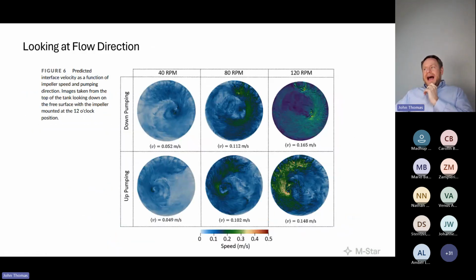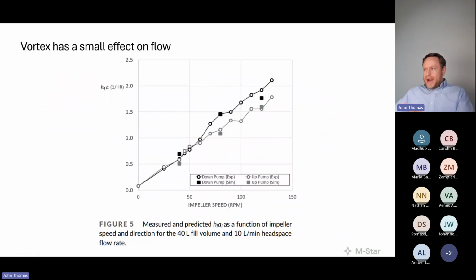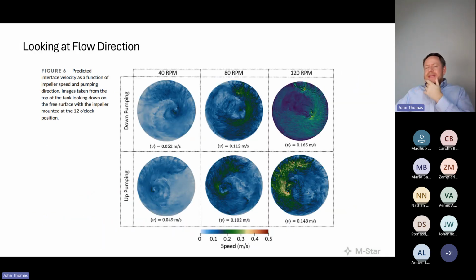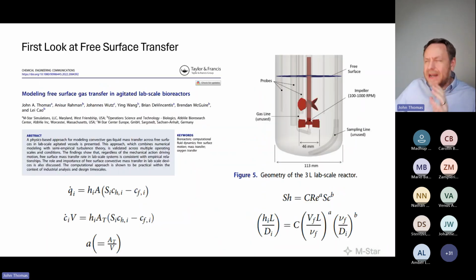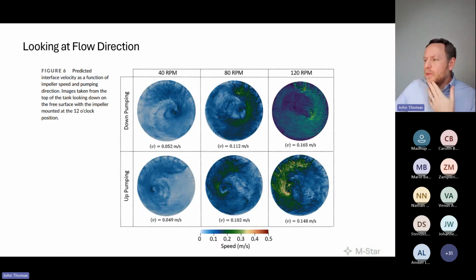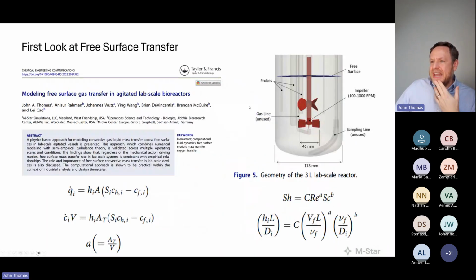Okay, so now we published this. It worked great. It's all exciting. But that 0.2, I kind of pulled out of thin air. All right. What preceded this work was a more, and I wanted to start off with the punchline, what preceded this work was a more focused investigation into transfer across these lab scale vessels, to better